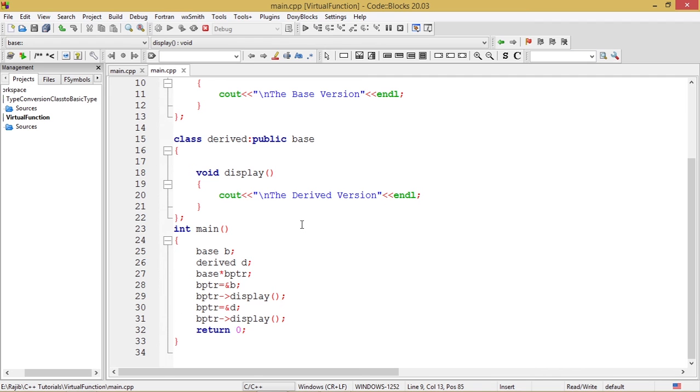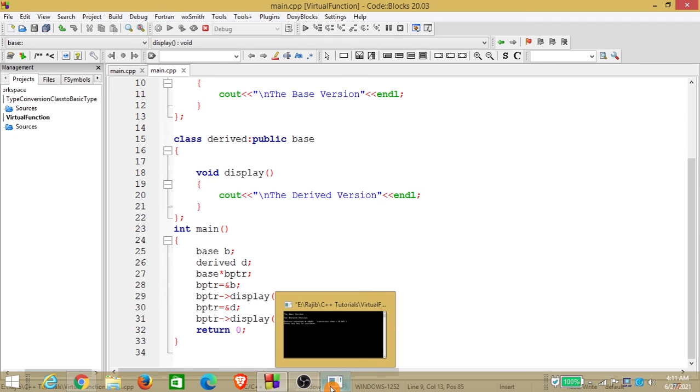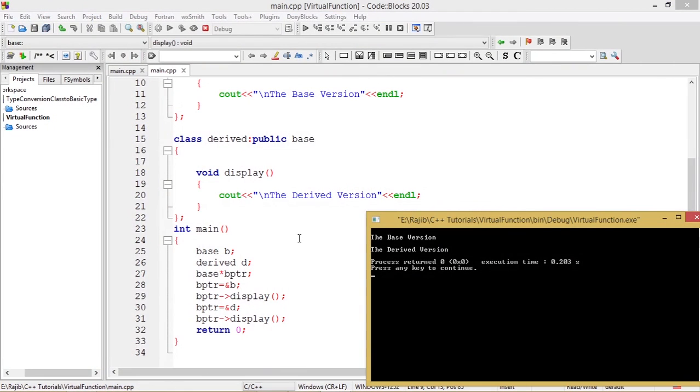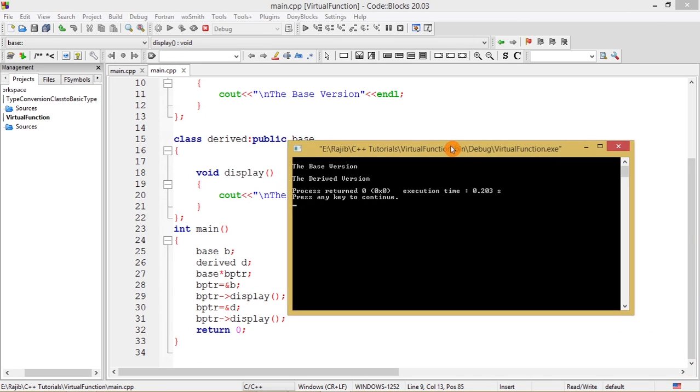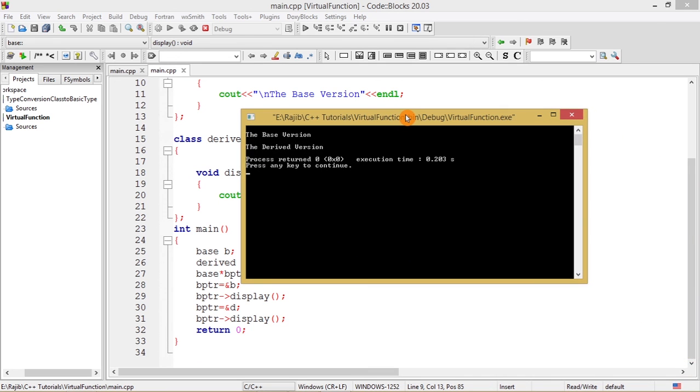So that is the reason why the first line we get in the output is the base version, and next it is followed by the message the derived version. So this is nothing but the implementation of virtual function or runtime polymorphism in C++ programming.